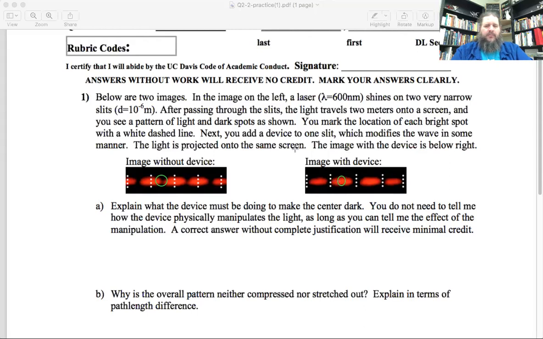So no compression or stretching of the pattern. We're just changing everything that was a bright spot becomes a dark spot. Everything that was a dark spot becomes a bright spot. Because we're not changing the path length difference at all. We're also not changing the wavelength. We're not changing any of the distances. All we're doing is adding an extra half cycle to everything. So when you say you're not changing the path length difference, that means that you're not changing the wavelength